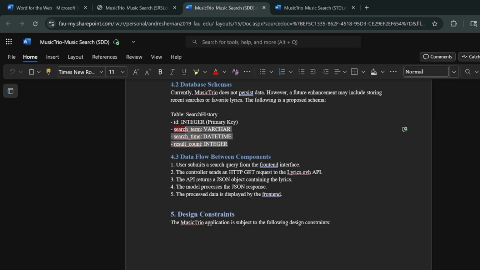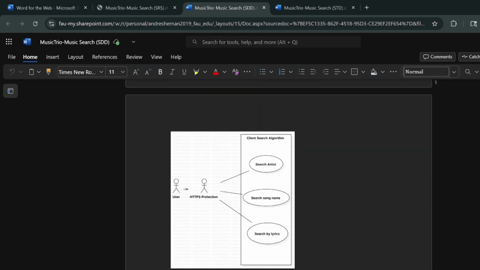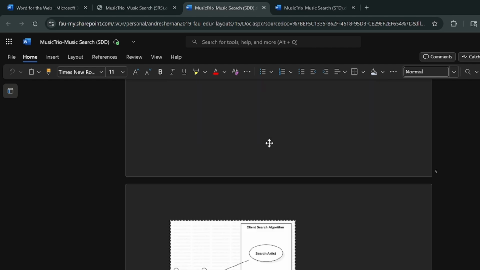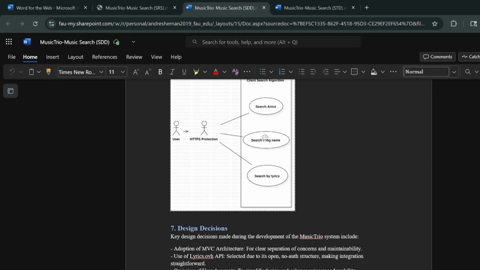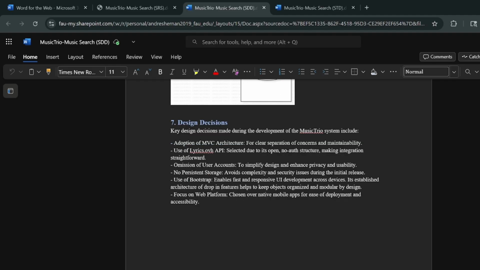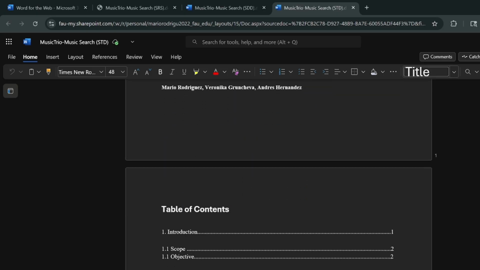and the certain types of information we can search for, because there can be characters, there can be numbers, there can be just regular strings of information to be able to be searched about on the search bar. And that's about it on this. I've incorporated some other models here to show kind of how the user interacts with the program. And yeah, so then the STD document is test case scenario